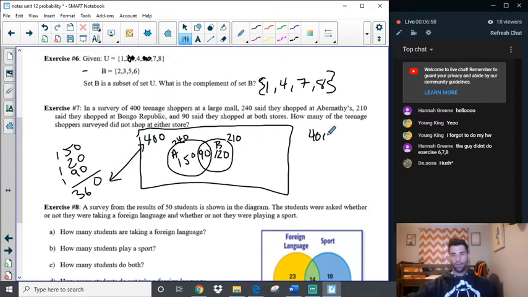So then how many are left? And that's going to be 40. So that's how you know how many shoppers did not shop at either store. Okay, so now keep this idea in mind when we go down to the next one. So again,